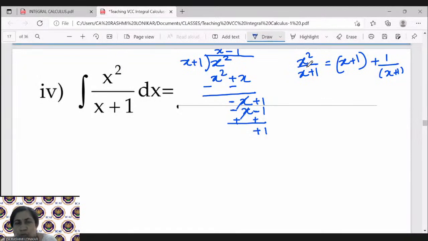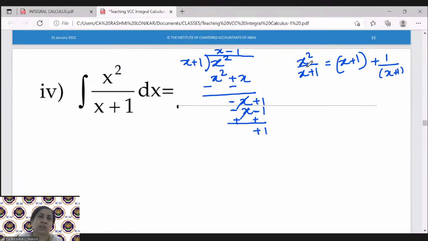I take the x term in x square, I divide it with the term in the denominator, which is x plus 1. This is possible only when the power in the numerator is more than in the denominator. So instead of this, I can write it like this. Okay. And then when I integrate, so